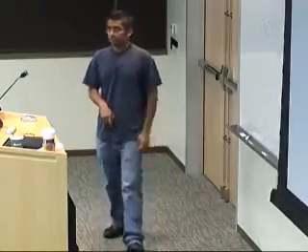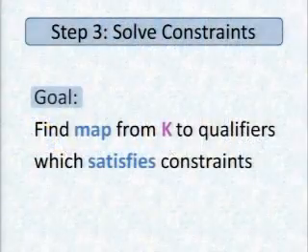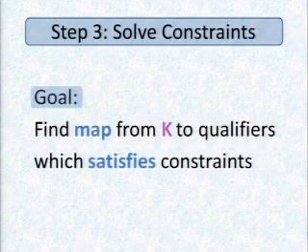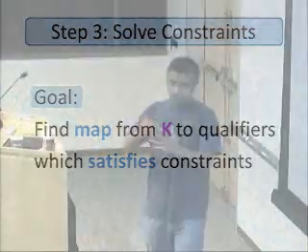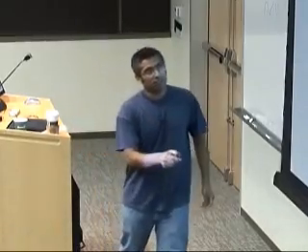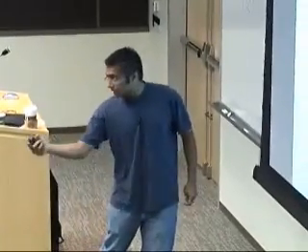So we've set up the constraint system, and now we're going to do what Shaz and Madhu suggested, which is a very simple fixed point algorithm that's just going to solve what K1, K2, and K3 are. Okay, so let's move to the constraint solving. What we want to do, remember, is we have a bunch of qualifiers, and we want to figure out which qualifiers stick to each of these K variables. So we want to find a map, some satisfying assignment, from the liquid variables k to sets of qualifiers that satisfies all the constraints.